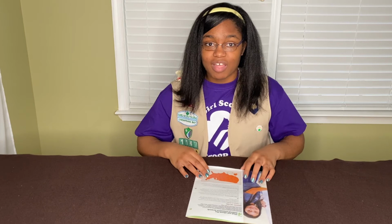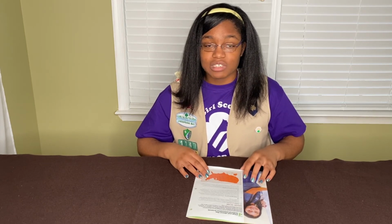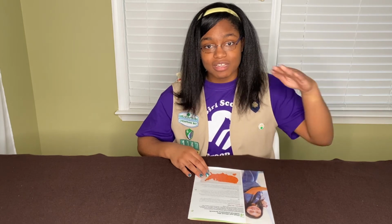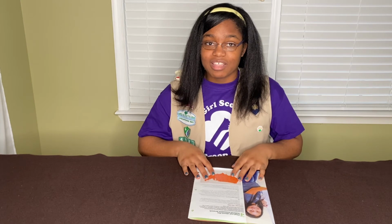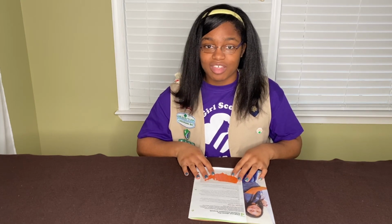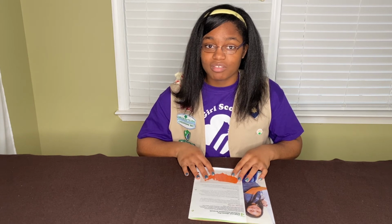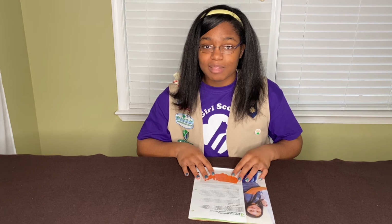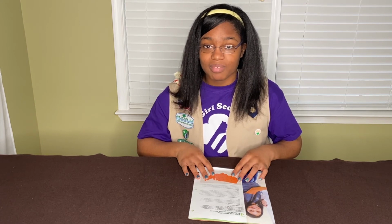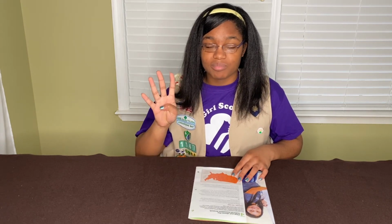Step 4 is find out about the executive branch. The executive branch enforces the laws and is made up of the president, vice president, and cabinet. Now remember, this cabinet is not like a kitchen cabinet. It's made up of the president and the 14 different heads of the federal executive department. The president chooses members of the cabinet, and the members are approved by the Senate. An option for this step is to compare governments. So let's look at and compare 4 different governments: democracy,